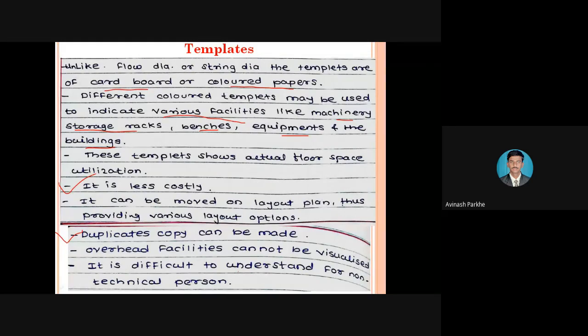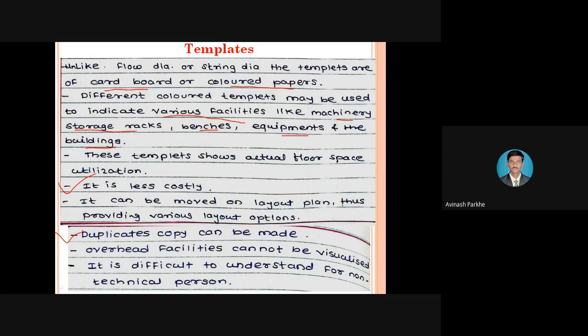Such templates we can use in various types of charts also, because in the charts we are showing different types of operations, different types of inspection, storage, and transportation from one location to another location. So the operation can be represented by using a different color. Inspection can be represented by using a different color. Transportation can be represented by using a different color. Then if any delay is happening, that delay also can be represented by using a different color. So in all types of charts, these templates are useful in order to indicate all the types of operations.